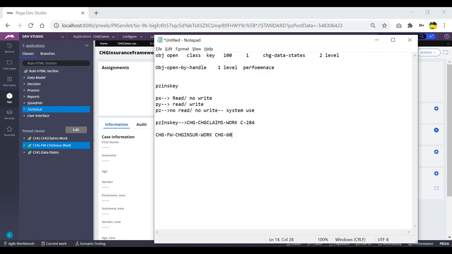So this is the PzInsKey. Based on this, what we are trying to understand here is for the work objects. PzInsKey will be its class name wherever we are creating the work object IDs, and the unique class key. So PyID is the unique class key of this particular class group. Similarly, PyID is the unique class key of this class group also. Ultimately, it will be showing the class key, I mean the primary key only, primary key of that